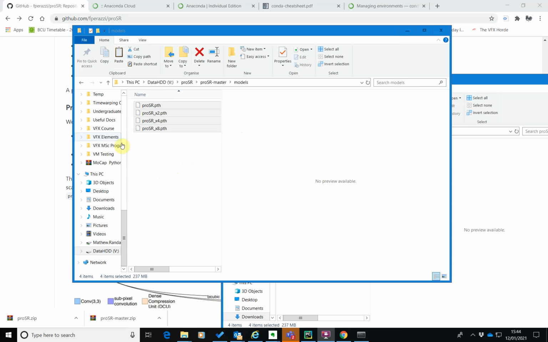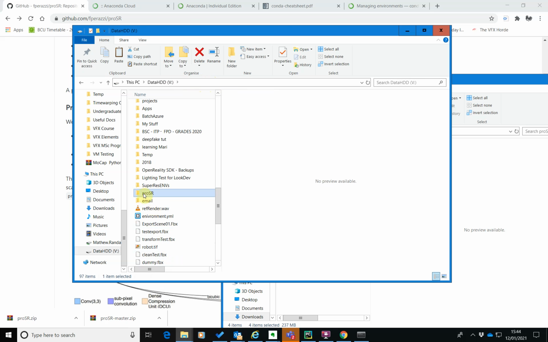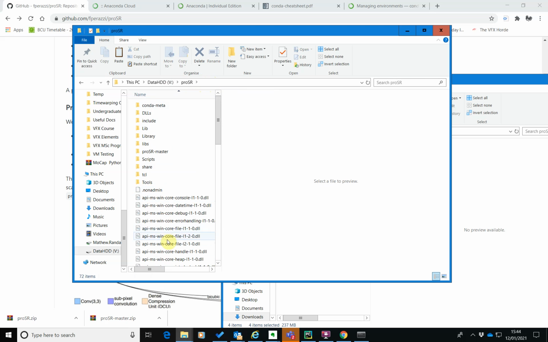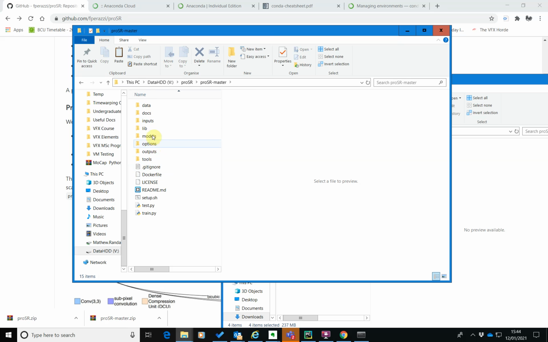Now what we need to do is move to the correct directory to run our Python code. Just to orientate you again, this is our Python environment, and inside the Python environment we've got this proSR master folder. This is where the code is that we downloaded. Inside here we've got the input files, the models that we just downloaded, and the outputs. And what we're going to do is run this test.py